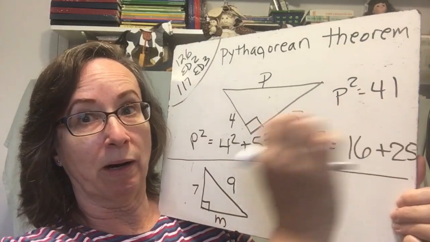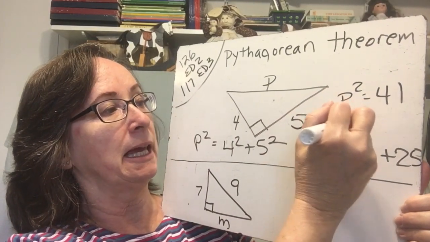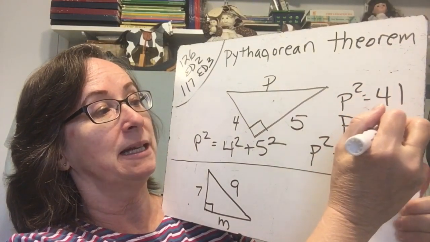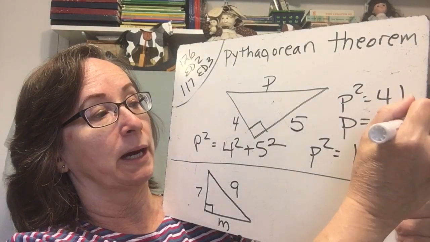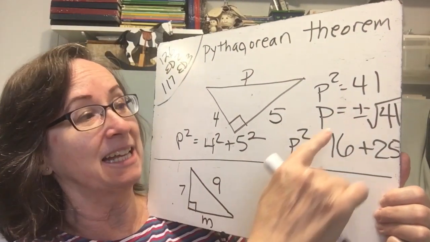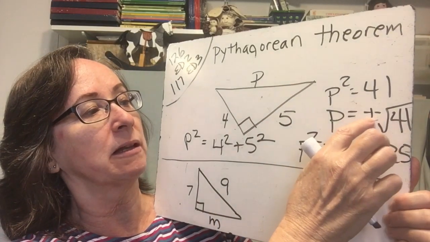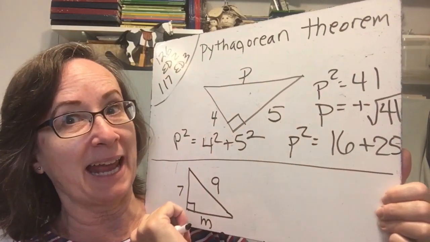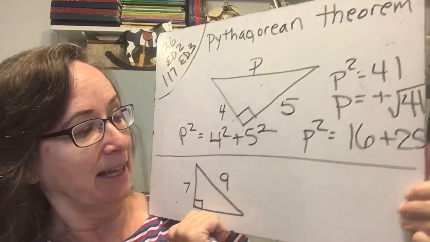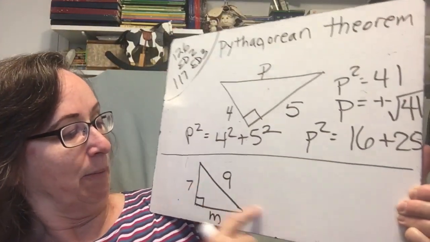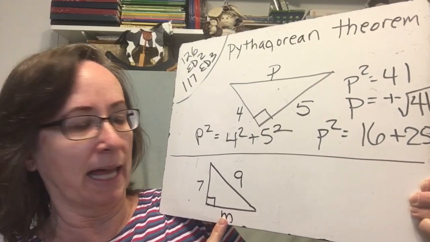Then we use our square root property, which means P is plus or minus the square root of 41. But again, since we're talking about a side length, we take away the little minus sign because we cannot have a minus side. Then we look at this one, and we have a 7 and an unknown leg and a